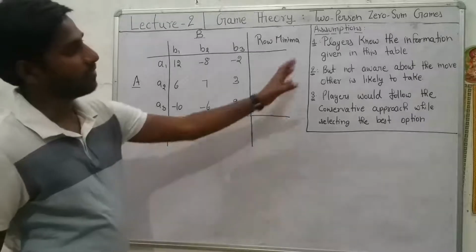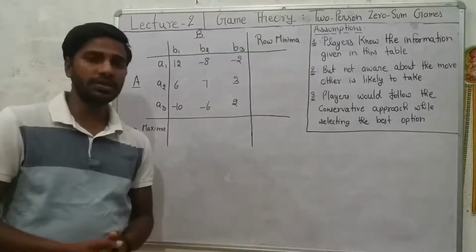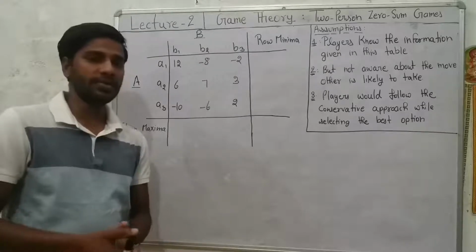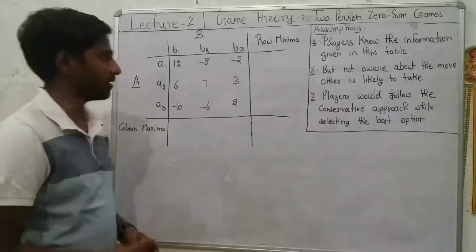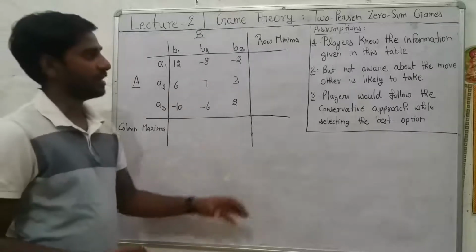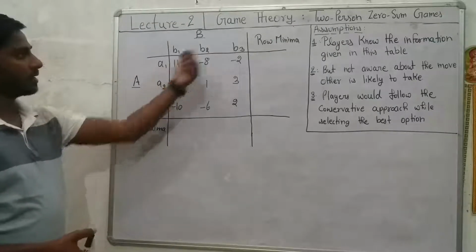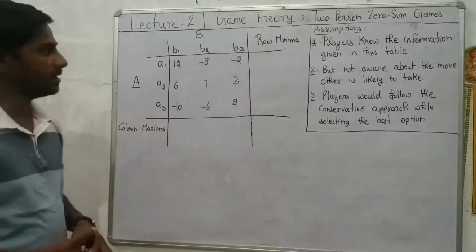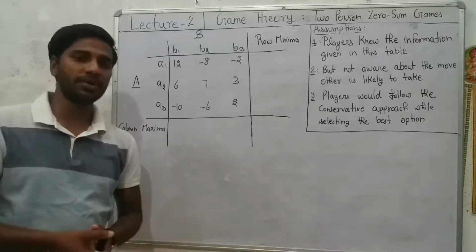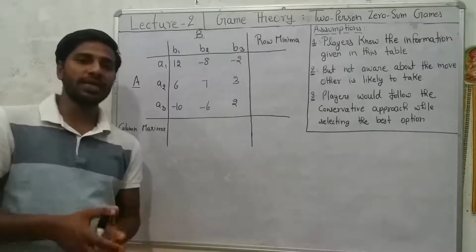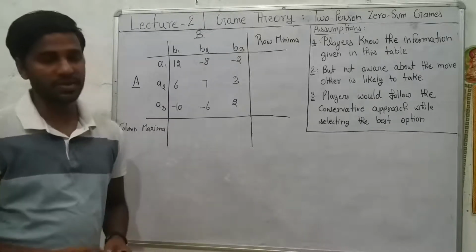And what is the meaning of zero-sum? It means the profit of a competitor or of a player is exactly equal to the loss of the other player. Let's start with an illustration in which we have two companies, company A and company B. Suppose that they are dealing in similar kinds of products or in similar product categories, and they are competing with each other to gain market share.